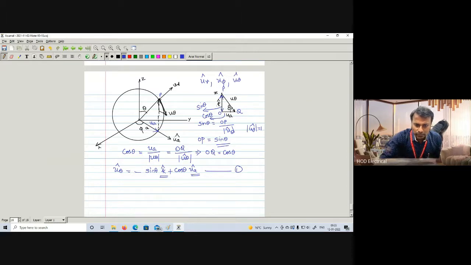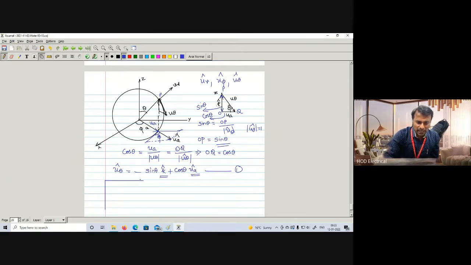UA is the contribution of this vector along the direction of x and along the direction of y. So we can write it now. We can draw the line like this, draw the parallelogram. So if this angle is theta, automatically this angle will be theta. Oh, sorry, this angle is phi. If this angle is phi, automatically this angle will be phi. If you draw separately, you can draw like this.